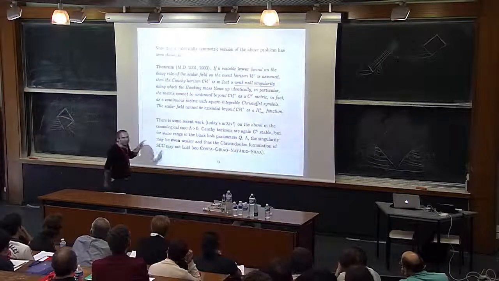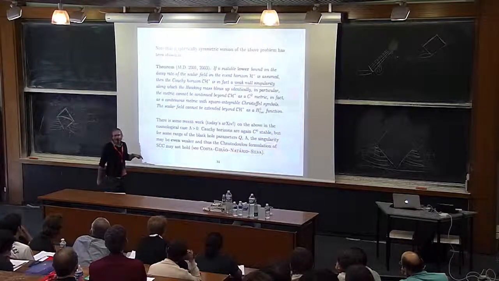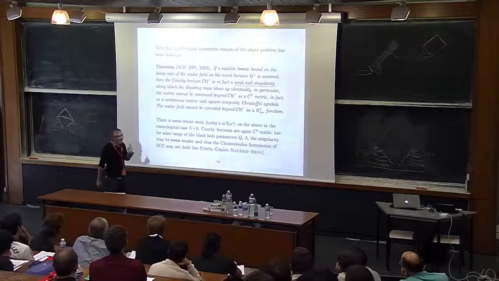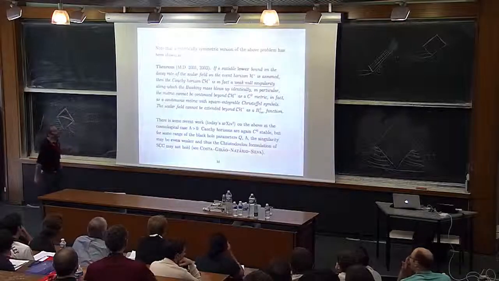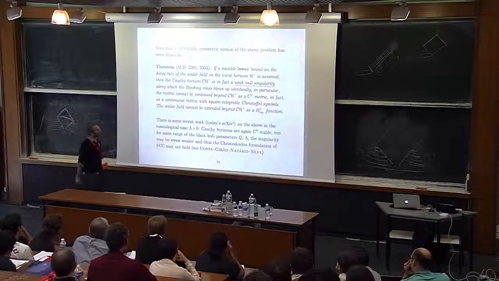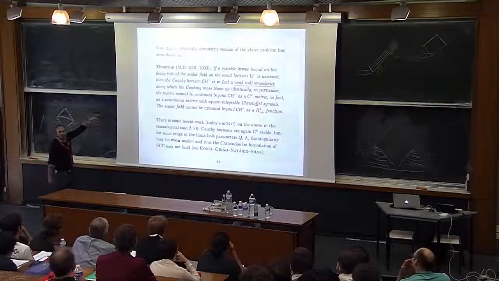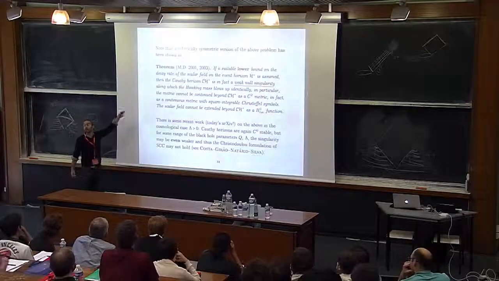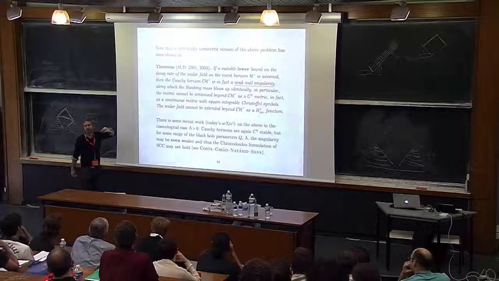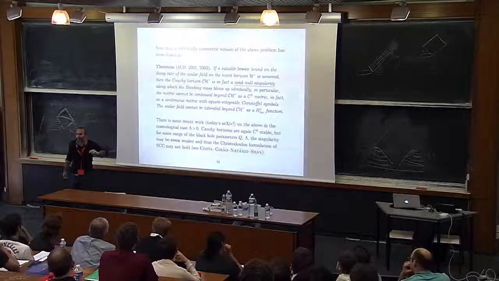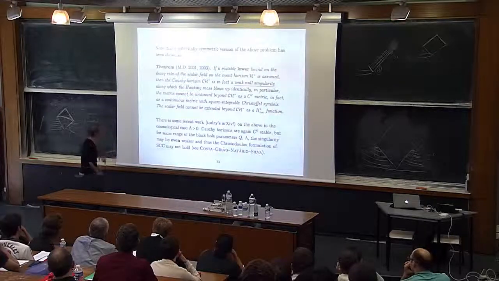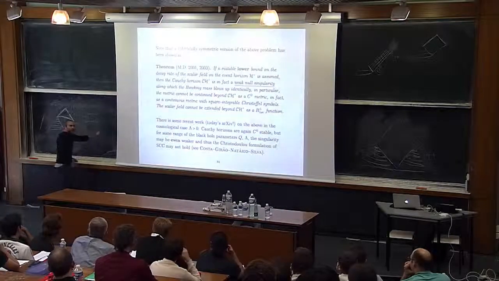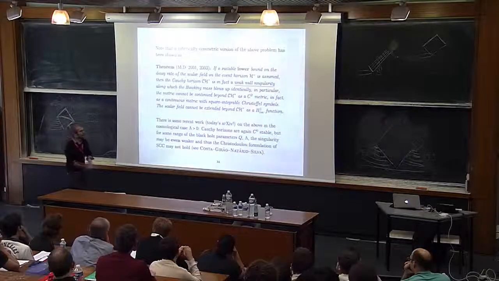One good thing about preparing your talk the night before is that you can also refer to things that just appeared on the archive today. So in particular, there's some recent work by Costa and collaborators, which is a version of these results in the spherically symmetric toy model in the case of cosmological constant. The one thing I want to emphasize is that in the case of positive cosmological constant, you again have analogs of this because you have Schwarzschild de Sitter and Kerr de Sitter. And actually,